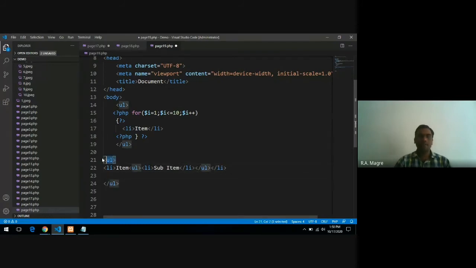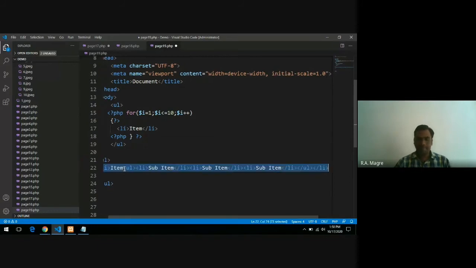So this is an unordered list, and this unordered list consists of LI, the opening and closing LI. And this LI again consists of one unordered list with multiple LI. Suppose it has 3 sub items. So I will write it like this. Now again copy this and paste here.